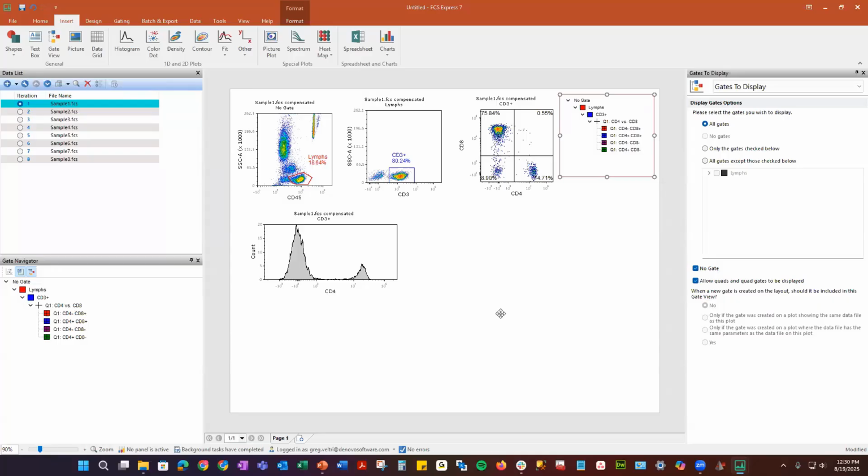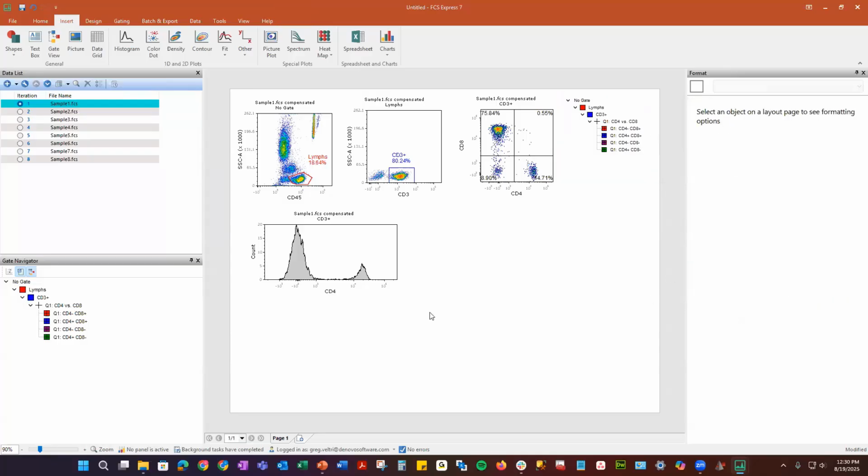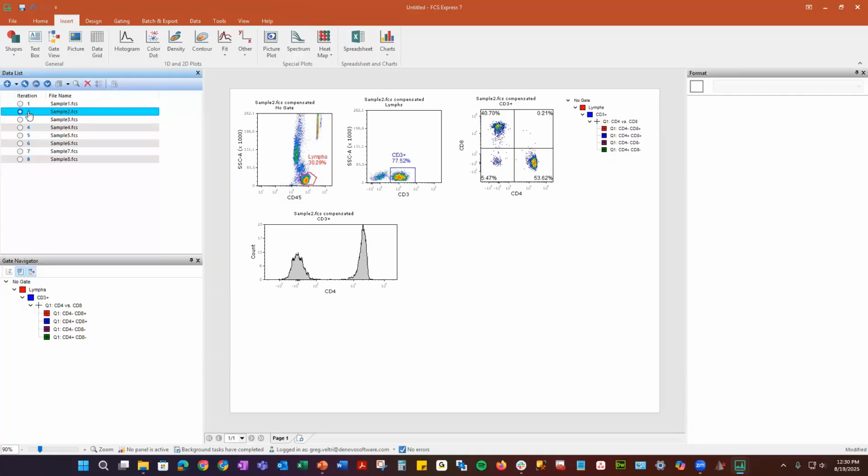So right now, this is sample one. If I click on the number, it will go to sample two, it'll go to sample three, four, etc. Now, let's find one where I need to move the gate a little bit. It's very specific to it. So let's go to,